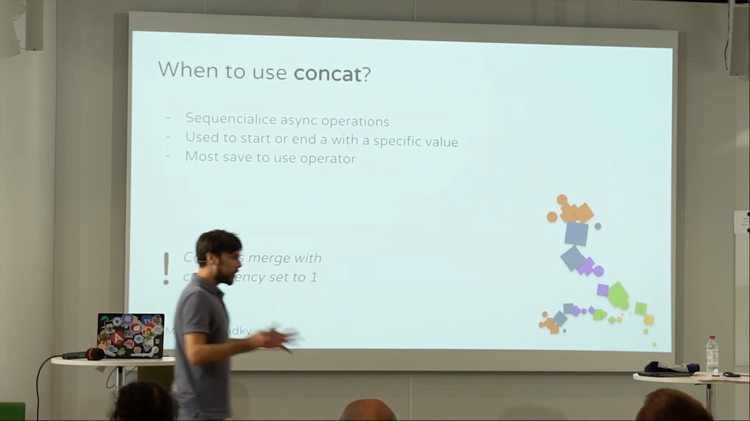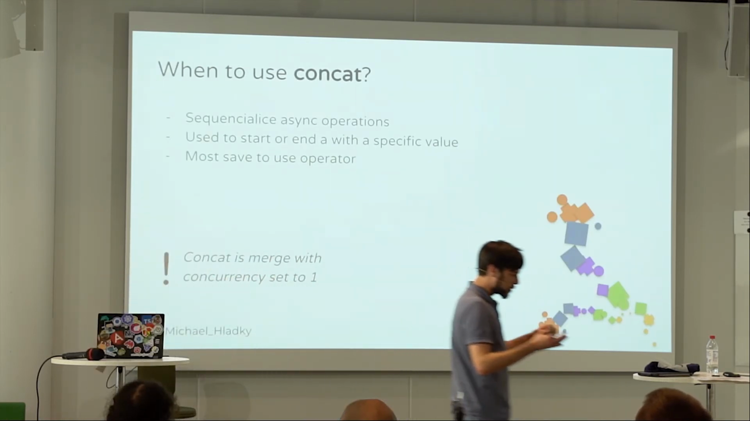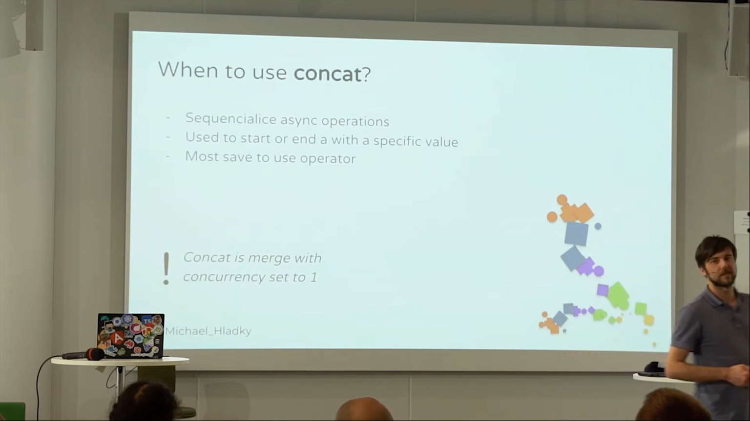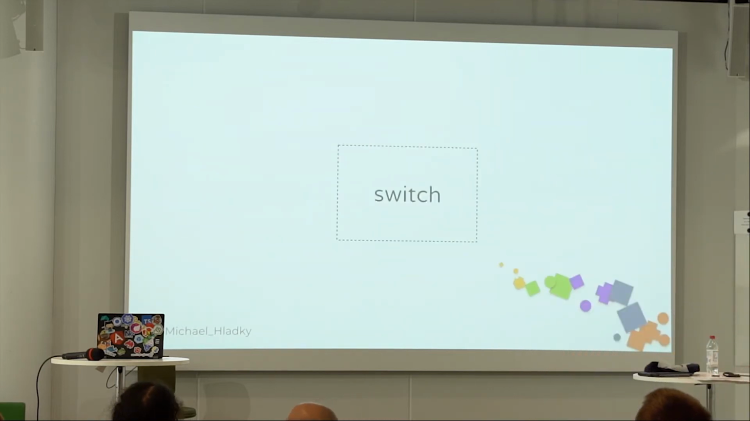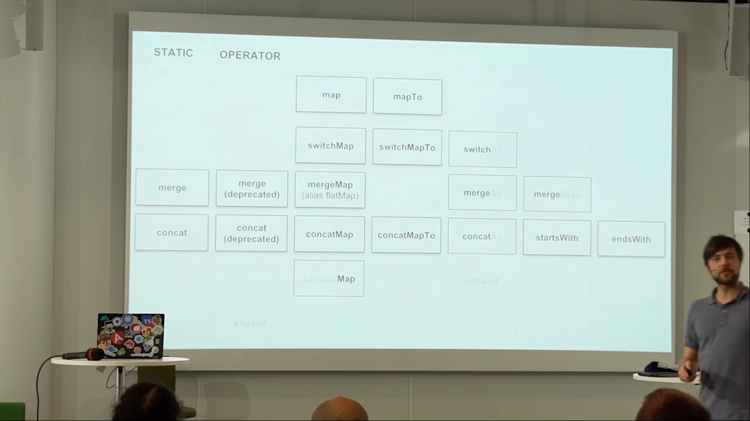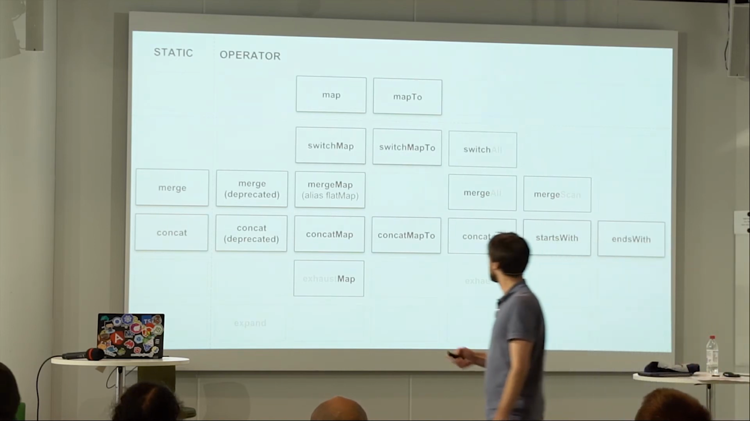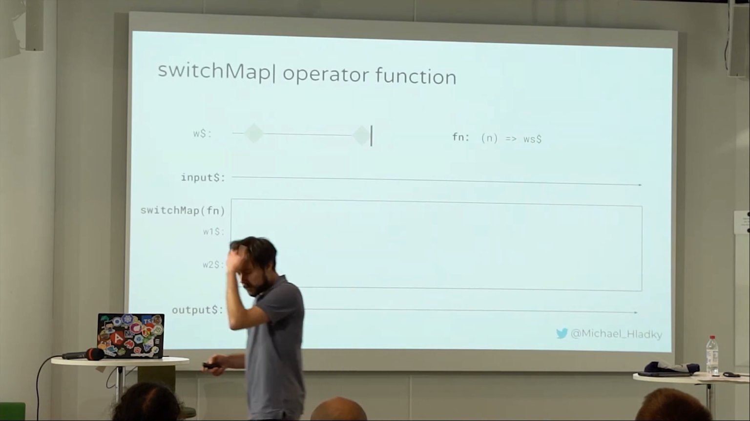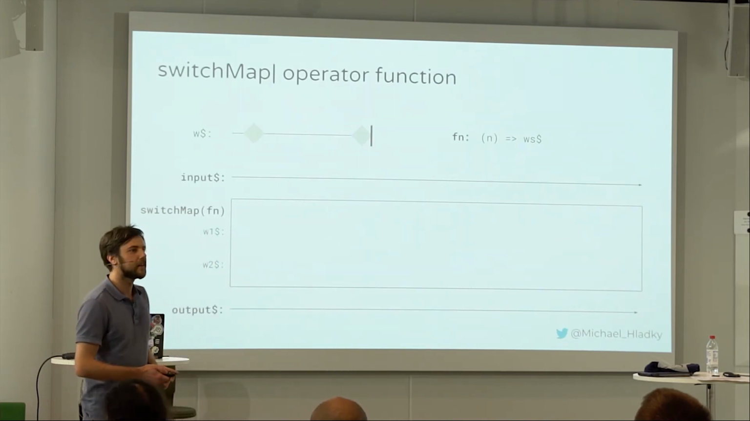We use concat when we want to process sequentially all those asynchronous processes. And then there is switch. What is switch doing? Let me first show that there are 3 operators with switch: switchMap, switchMapTo, and switchAll. And very similar to our concat, we